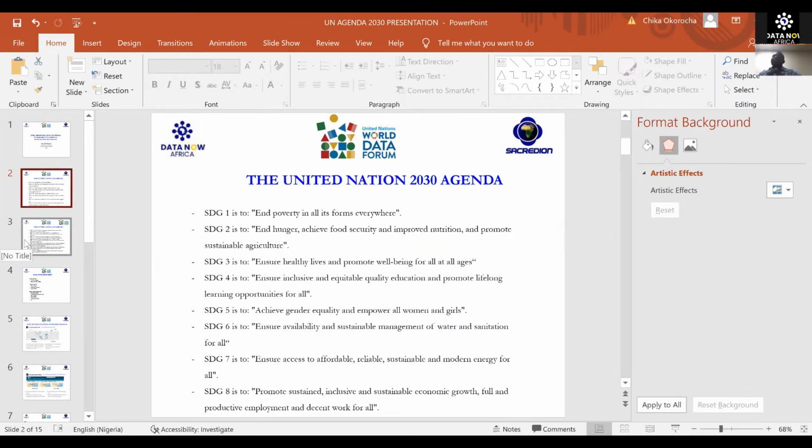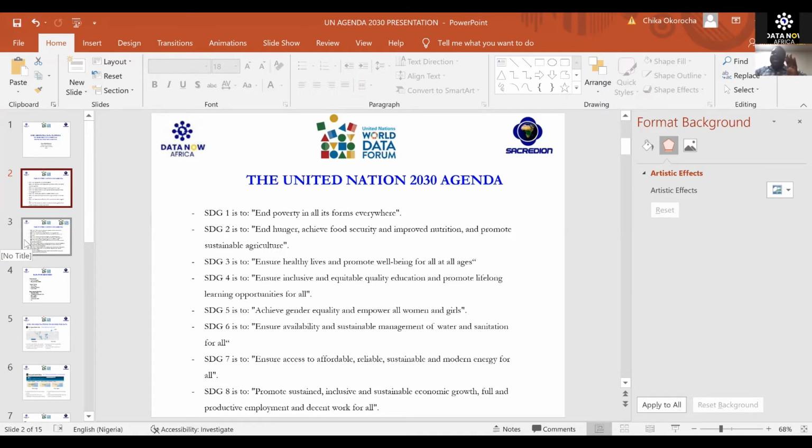So the United Nations has, like I said earlier, 17 sustainable development goals. This is actually a global goal, so it's not only Nigeria that is concerned; the entire world is interested in these goals. I'm just going to give a summary of those 17 goals. Then I'll go into how we can have data to solve this problem at a global level. Where can we source data? Anywhere you are in the world, where can you source data to solve this problem? So at least you can begin to carry out geospatial analysis in relation to solving this problem.